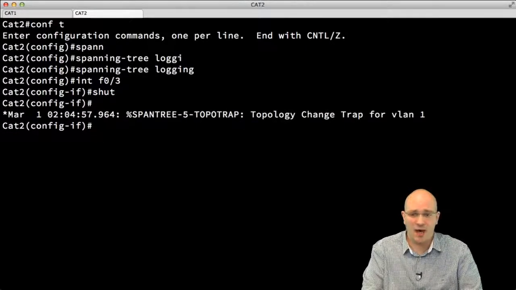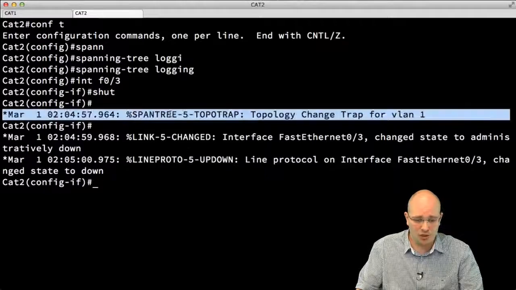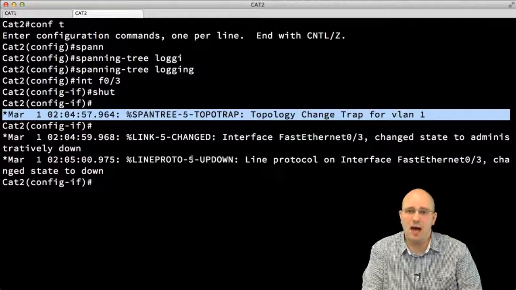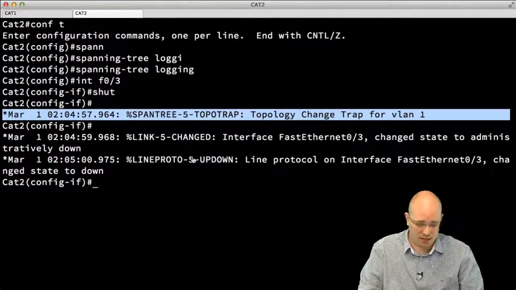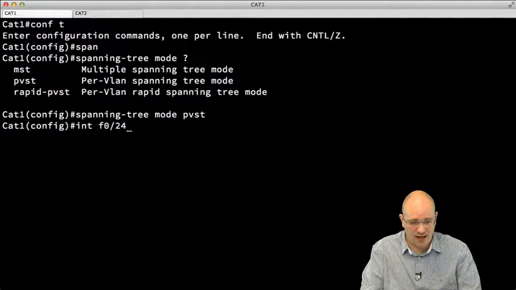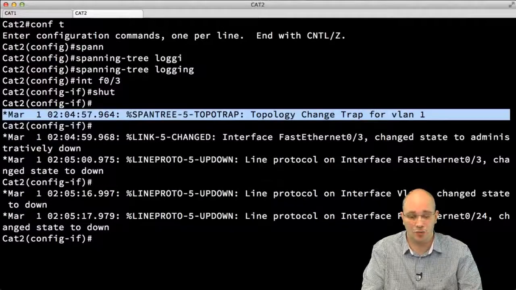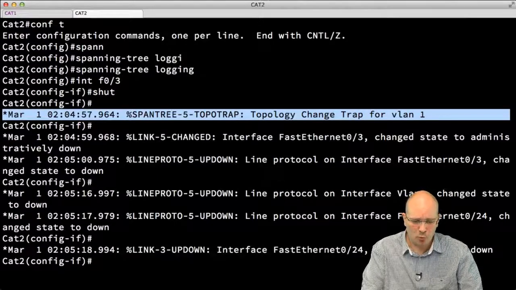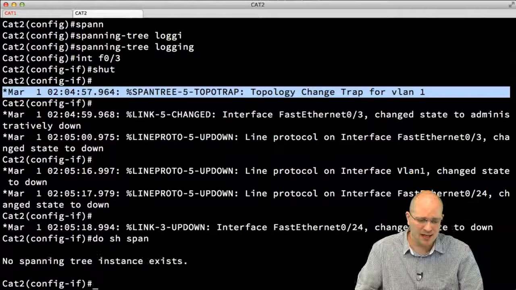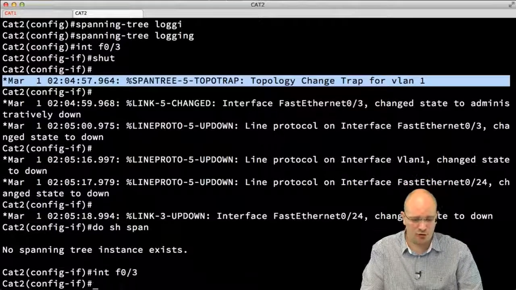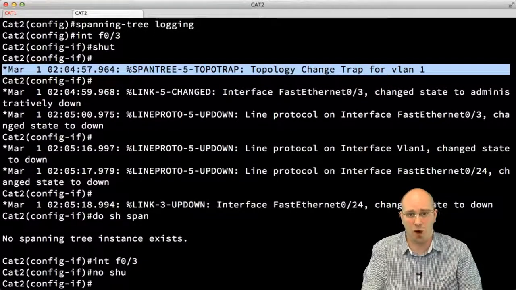When I shut it down, I'm going to see now the log message which informs me that there was a topology change in my network. Let me make a more significant change here. I'm going to go to Cat1 and I'm going to shut the interface down between Cat1 and Cat2. When this happens, what's going to happen on Cat2 is that I will have no spanning tree instances running. Let's configure